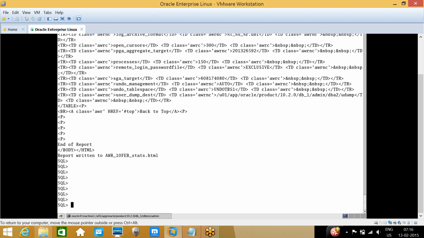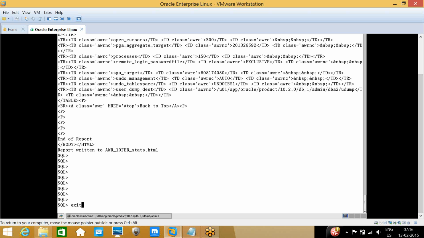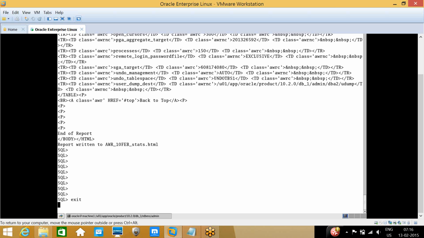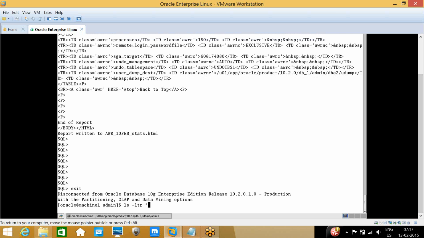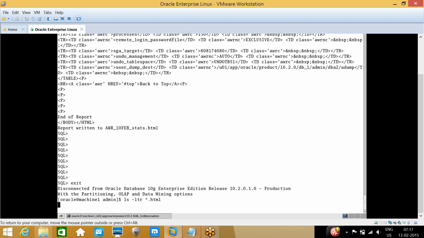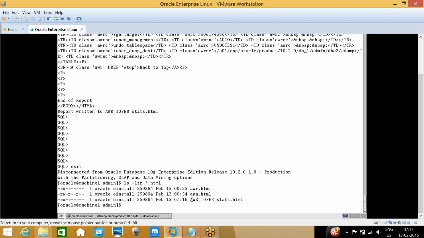Now it's generated. Come out from the SQL prompt and run ls -ltr on the html file.